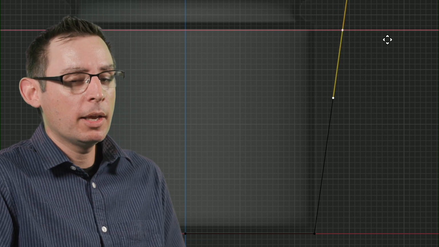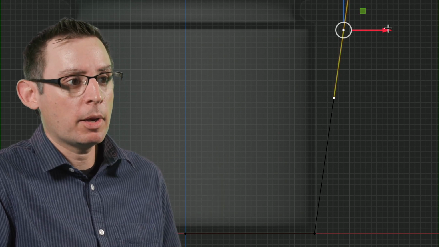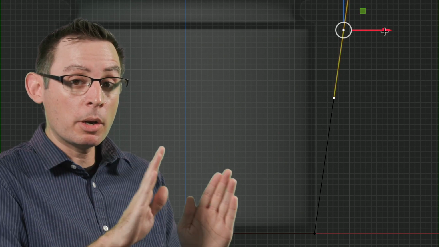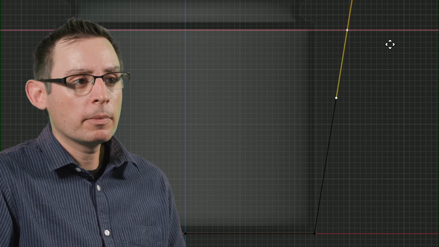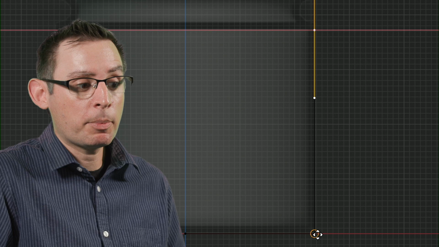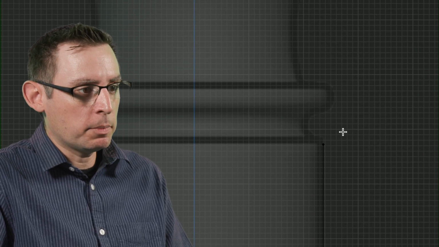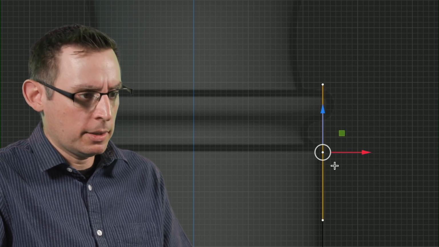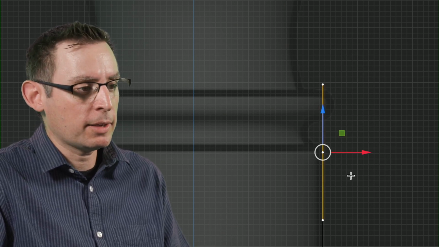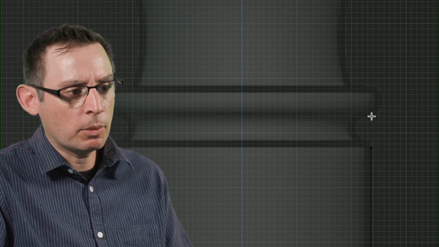Let's do that one more time, because we're going to be doing this a lot. I'm going to turn the snap system on, the vertex snapping. I'm going to grab the axis that I want to move this dot along, and I'm going to put my cursor on the location that I want to send it to, which happens to be this guy down there. All right, let's move on. I'm going to hit Shift-Tab to get out of my snapping system for a second, and we'll start creating the curve for this little inset in here, which is pretty neat.